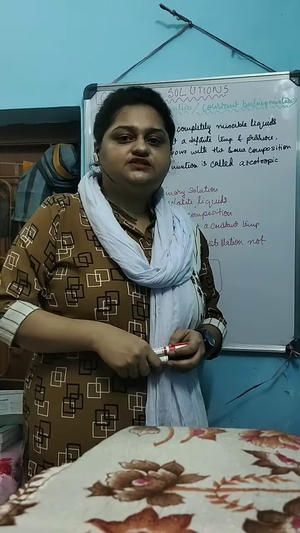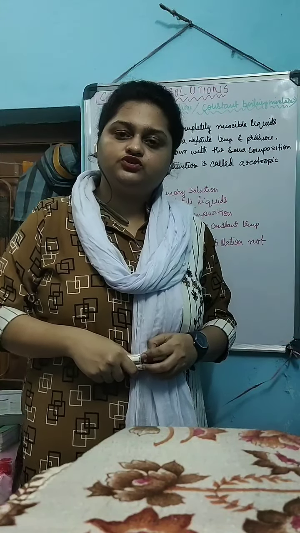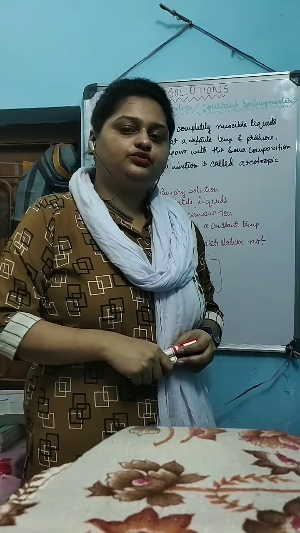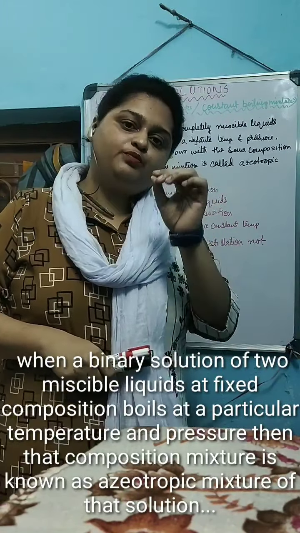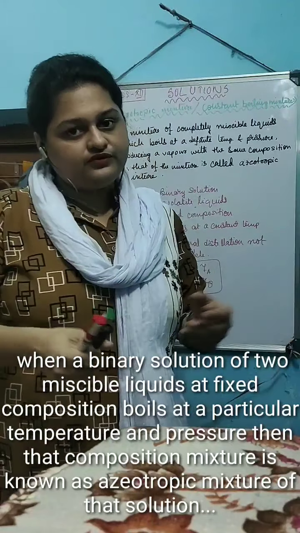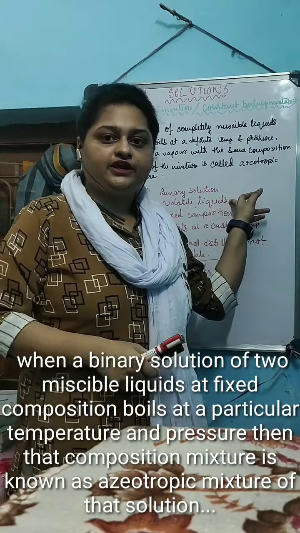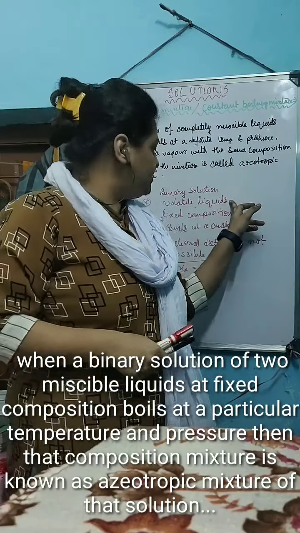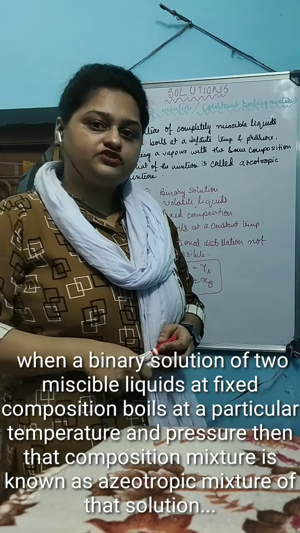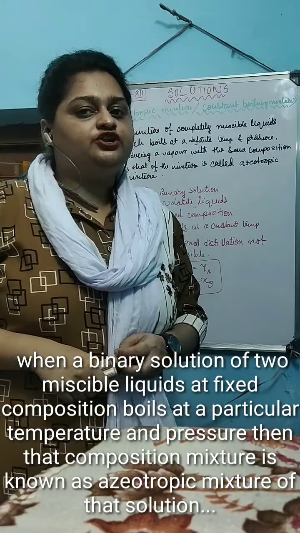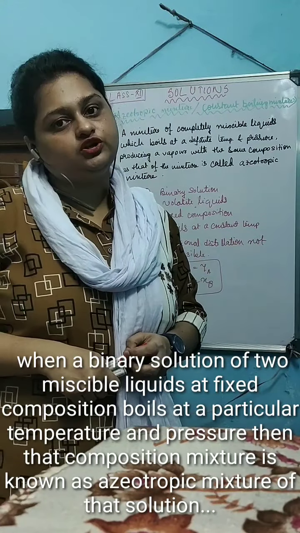We cannot just make an azeotropic mixture from any binary volatile liquid solution. The solution has to be made on some points. The first point is obviously that the solution is binary in nature. The liquids that we have taken to make the solution are volatile in nature, and the composition that we make should be a fixed composition. That means we cannot just take any ratio of the composition to produce a solution.